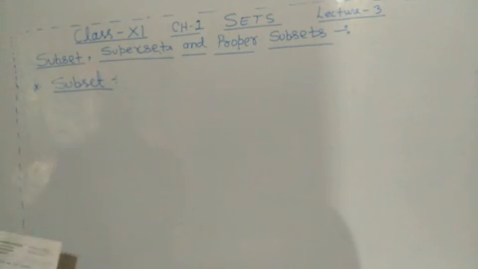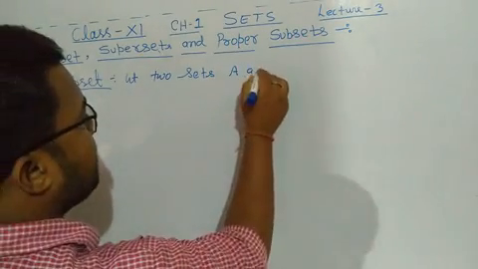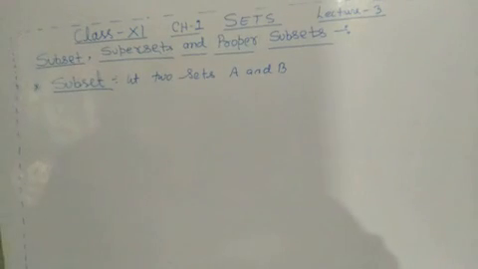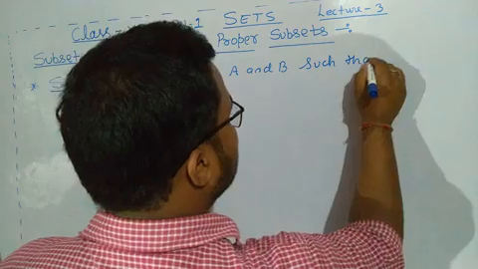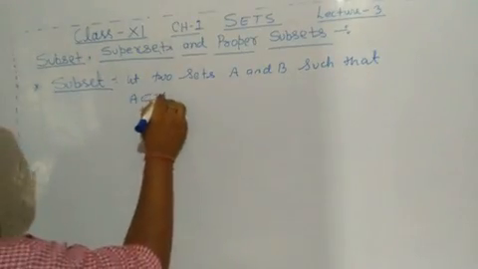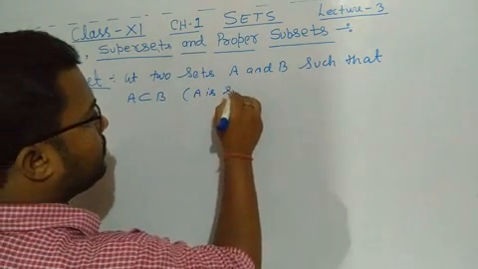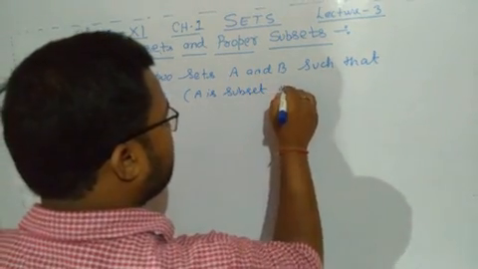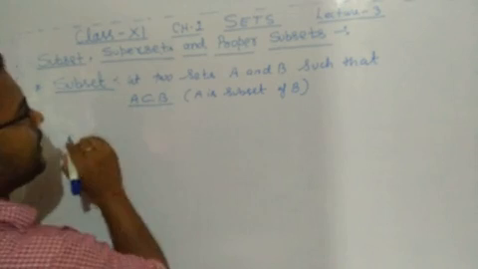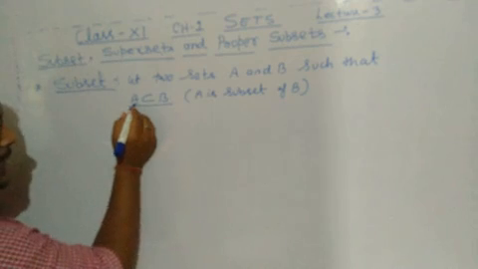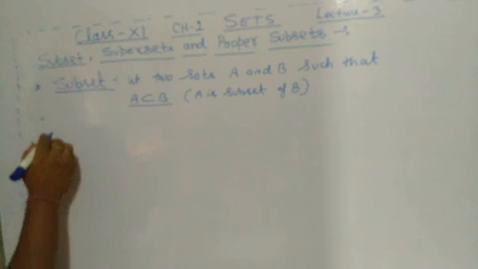What is the subset? Suppose two sets A and B are such that A is subset of B. Let's read this: A is subset of B means each and every element of set A belongs to set B. The definition is: if each element of set A